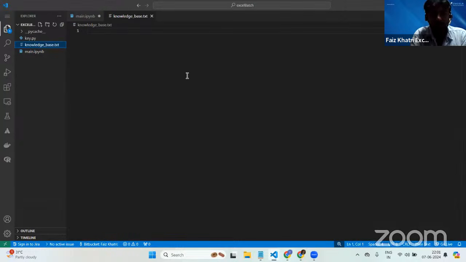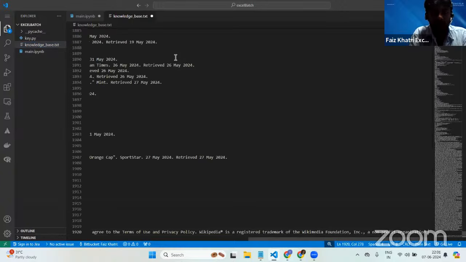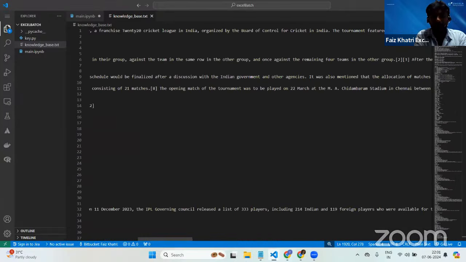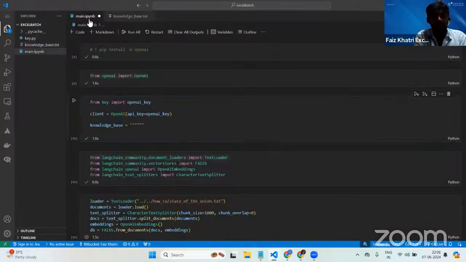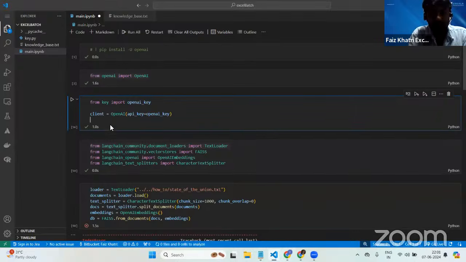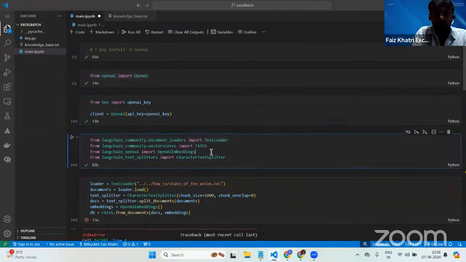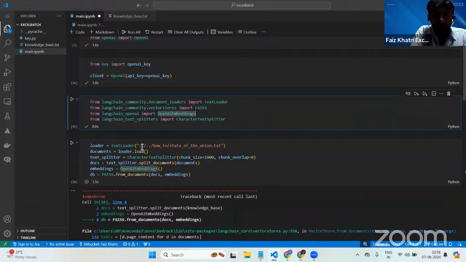We would be copying and pasting it over here into the text file. Okay, so this is the complete information about the IPL 2024, which we copied from the website, and we have it over here in a knowledge base.txt file. So we don't need this variable anymore. Now what we would be doing is passing the name of the file,